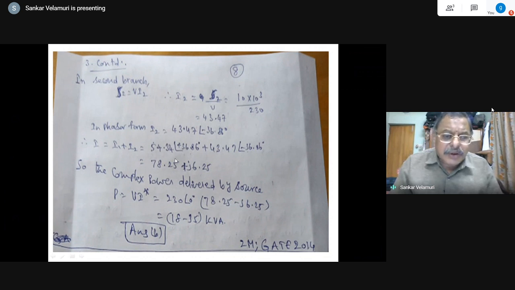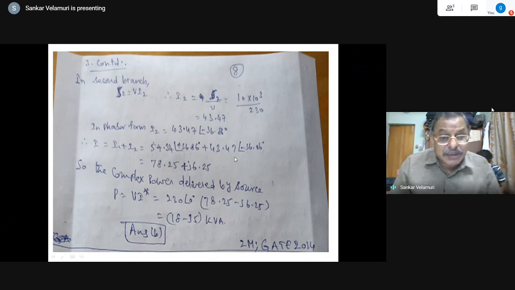This polar form is to be converted into R cos theta plus j R sin theta, and therefore this addition is to be done in complex variable form, A plus jB plus or minus A plus or minus jB, and like that. So this is not the arithmetic sum, it is not the algebraic sum, it is a phasor sum. There is a difference. This phasor sum expressed in polar form is sometimes easier, but again you need to convert it, because the answer is given in the Cartesian form. We need to convert this into the Cartesian form.